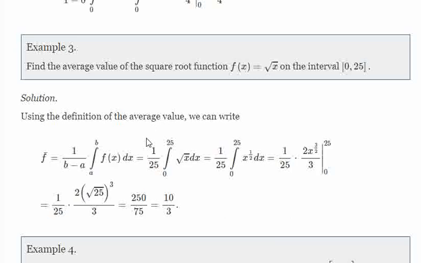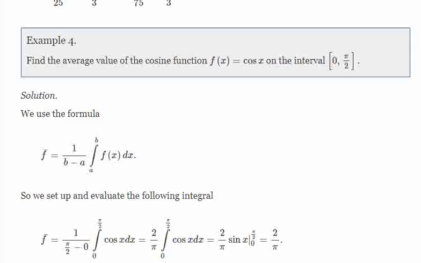Now we are going to our fourth question. This is our last example. Our fourth question is: find the average value of the cosine function f of x is equal to cos x on the interval of 0 to pi by 2. So according to the formula, here b is pi by 2 and a is 0. So the length of the interval is b minus a, which is pi by 2 minus 0, which is pi by 2, and the integral over 0 to pi by 2